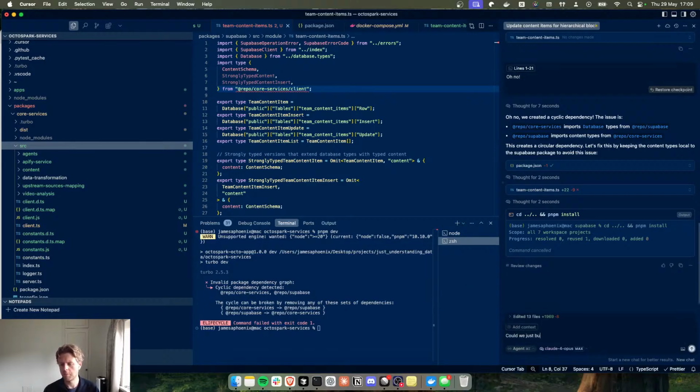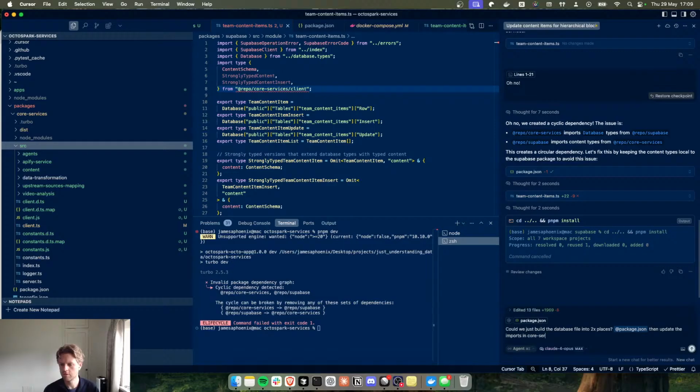Could we just build the database file into two places? Then update the imports in core services, that database file. Then they are decoupled. We can import